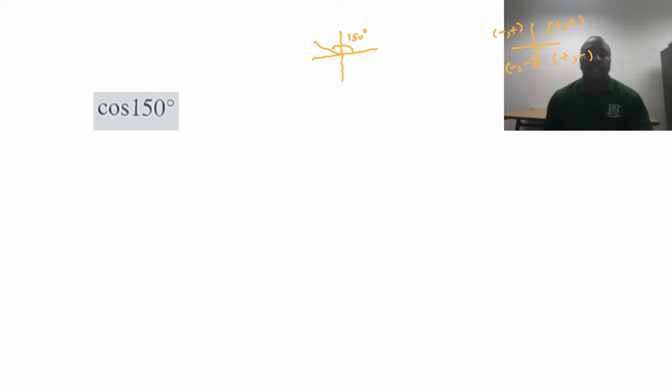So in this quadrant, we know that the x values are negative, the y values are positive, and because cosine comes first on the unit circle, on this side, cosine is going to have a negative answer, and sine is going to have a positive answer. So if I wanted the cosine of 150, keep in mind that, again, 150